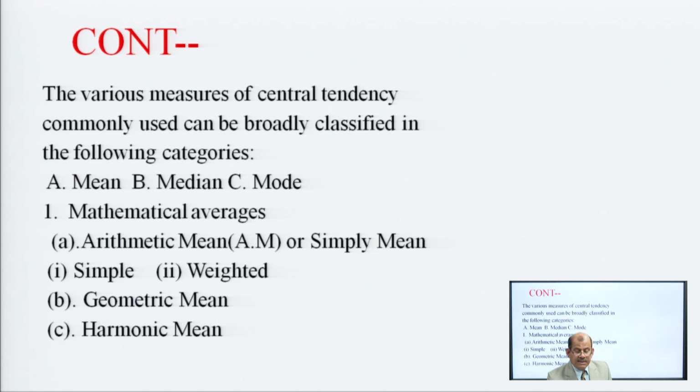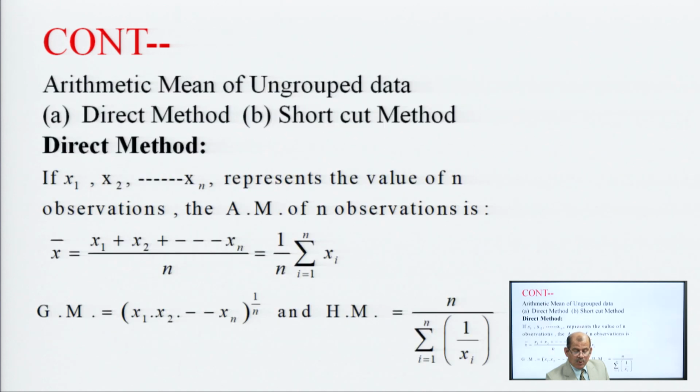Here are the various measures of central tendency: arithmetic mean, median and mode. Mode means the point around which most frequencies are concentrated. And how to find the mode of a discrete individual series: suppose data is given, the number repeated the maximum times is said to be the mode.